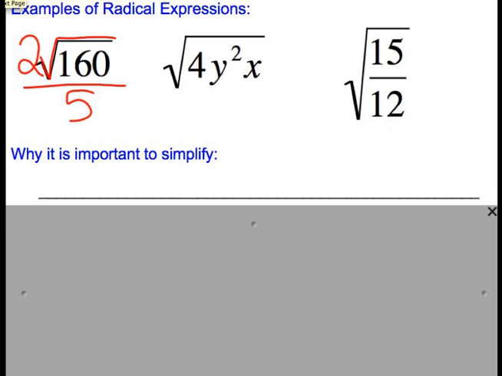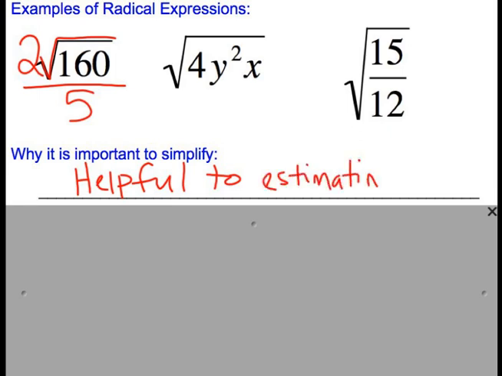Why is it important to simplify? Because it is helpful to estimating answers. That was the ultimate reason for why we learned how to simplify radical expressions, and I found ways to do